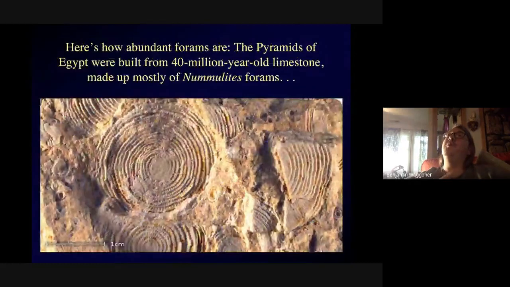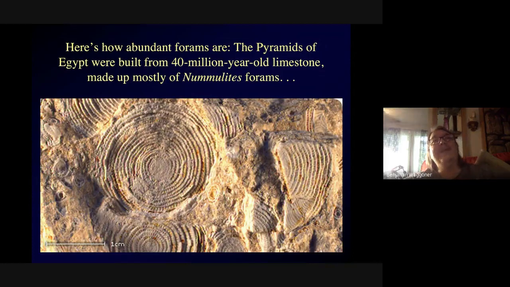And these are so abundant in rock deposits because they're constantly living, dying. They're about the size of sand grains. You can see most forams with the naked eye, and they can build up over many years in very thick layers on the ocean floor, and those layers can harden into limestone.